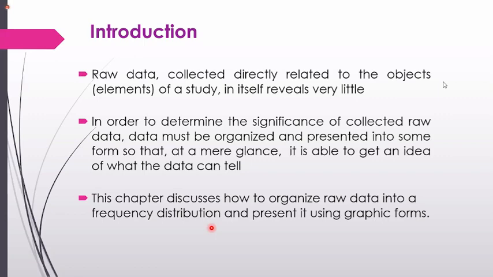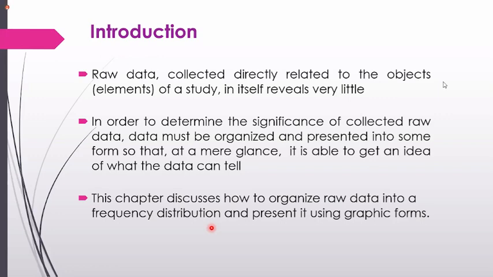So to organize and present the data in a significant manner, first we are looking at the frequency distribution and its graphic distributions, right? Graphic forms and tabular forms we are going to use